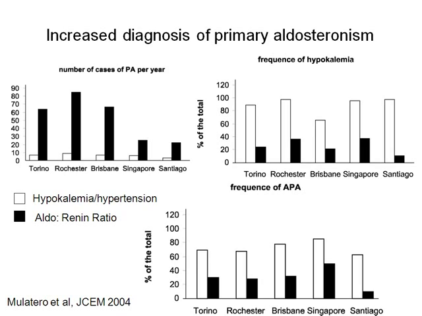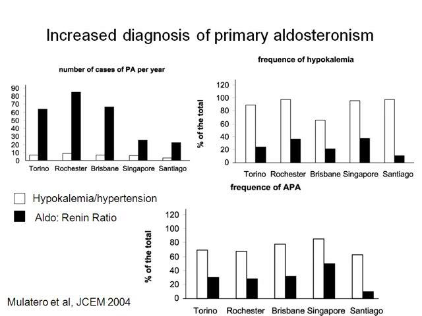And these are 2 different studies, and they were done based on the finding of aldo-renin ratio and hypokalemia hypertension. So you can see that in each of these different centers, the number of people who have hypokalemia and hypertension,